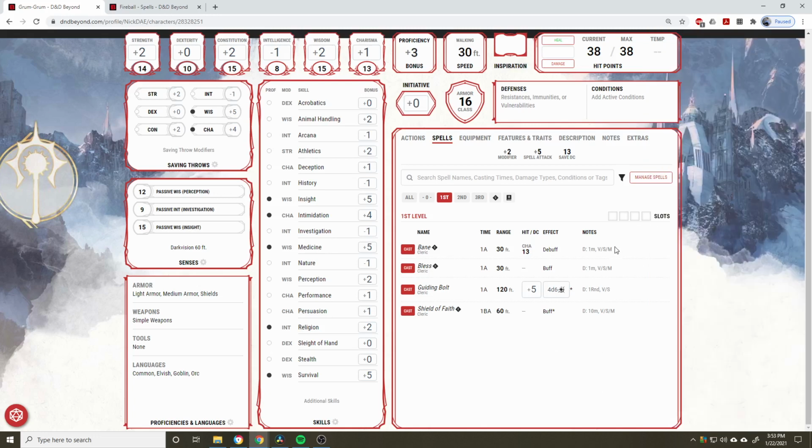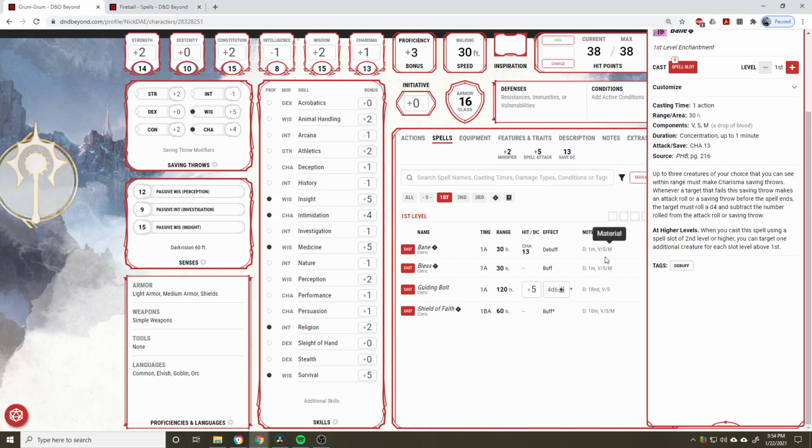So don't get discouraged if you find out that a bunch of your spells have these material options. Generally, every spellcaster has a spellcasting focus when you start at first level. So if you never actually made one, just talk to your DM and we can figure that out. Really quickly, though, a quick note on the materials. If there is a material component for a spell, such as we have over here, Bane requires a drop of blood, ew,